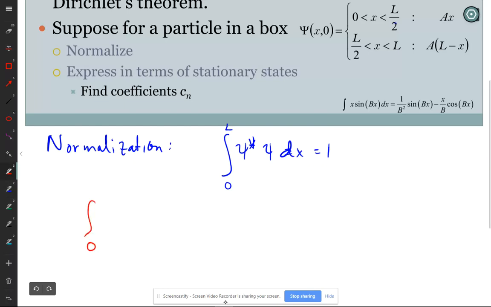Integral from 0 to L over 2, and then my psi there is going to be Ax, plus integral from L over 2 to L. And now my function is